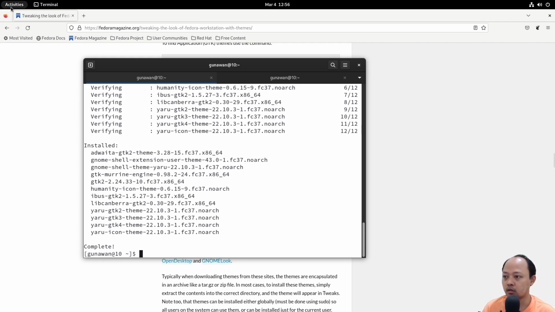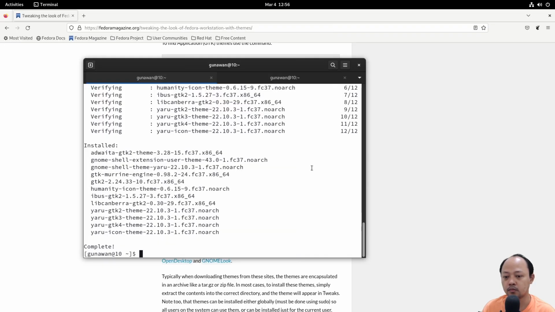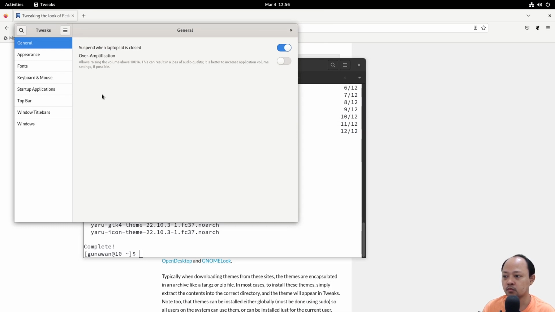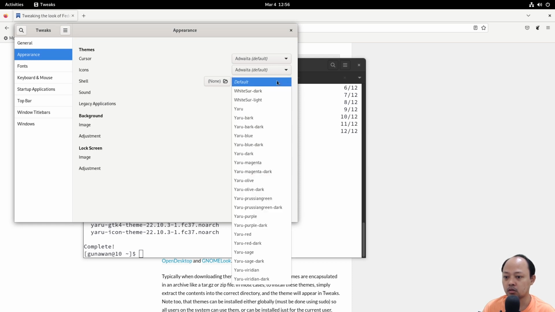And then let's check in GNOME Tweaks. Appearance, and in the Shell part, now we have Yaru. Let's activate one of them.